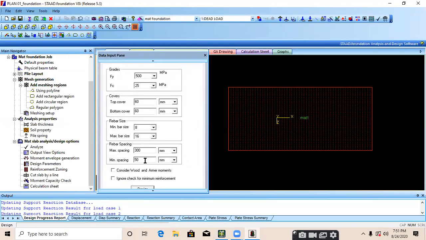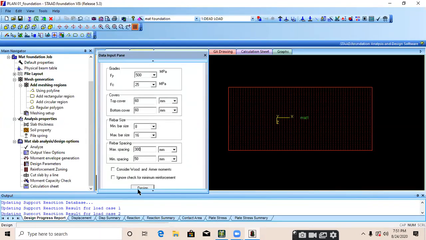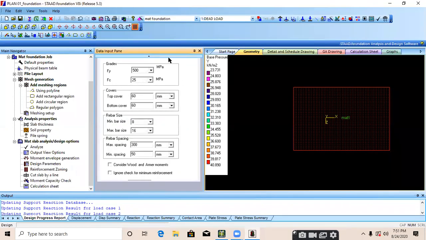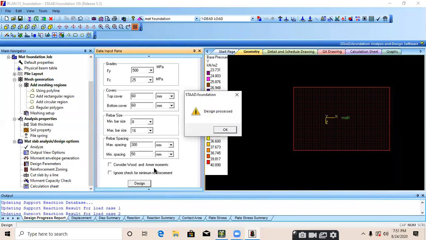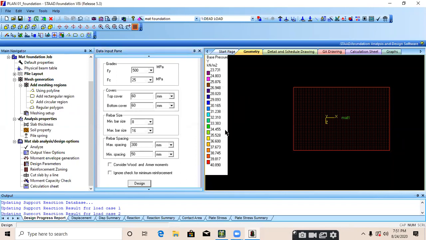We just need to provide it. And click on that particular design option over here. When you click on design process, click on OK.